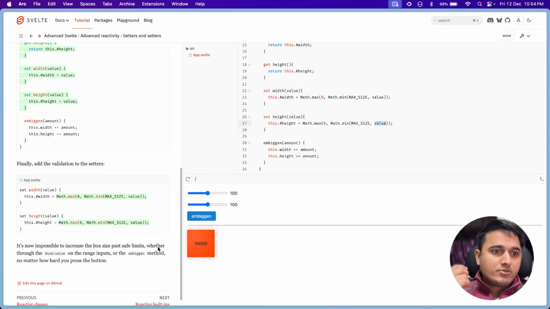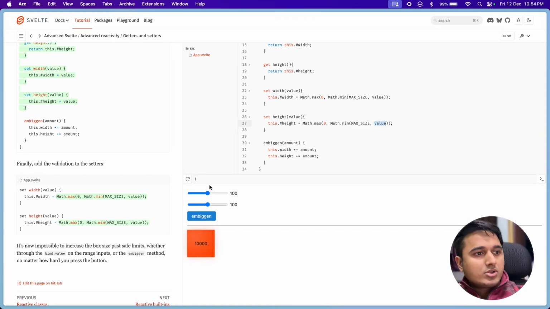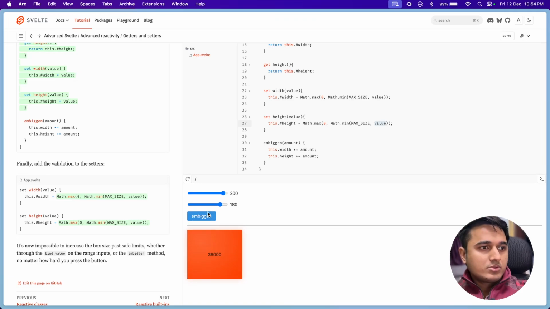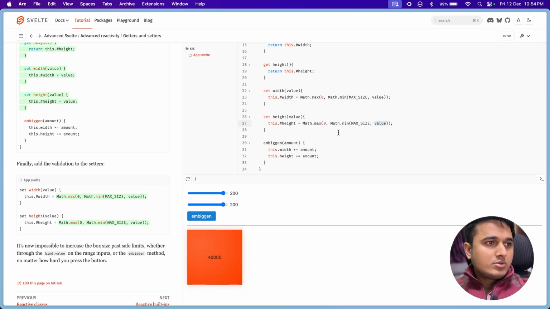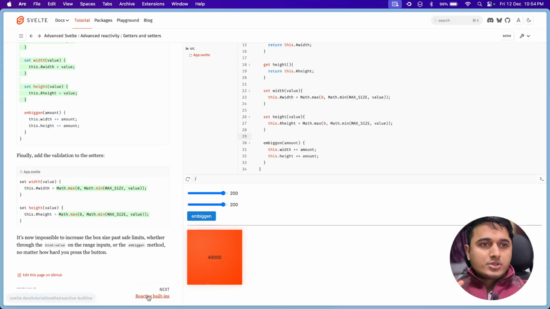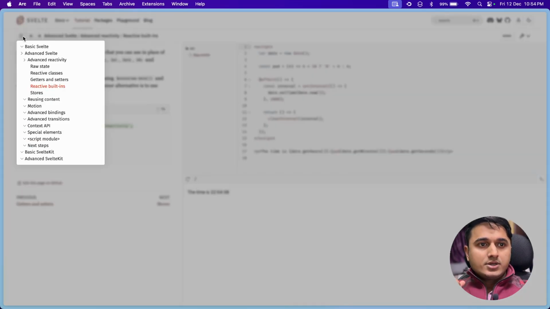So we said this, and it's now impossible to increase the box size past the safe limit, whether through the bind:value on the range input or the embiggen method. So we do this. Earlier without this, I guess it was possible with embiggen. So okay, next is